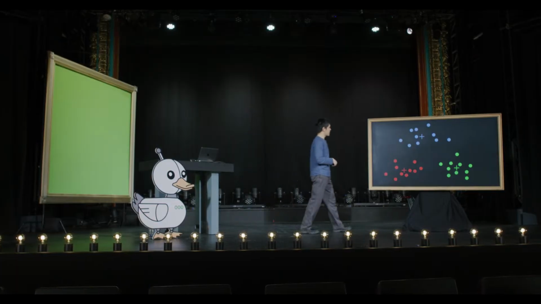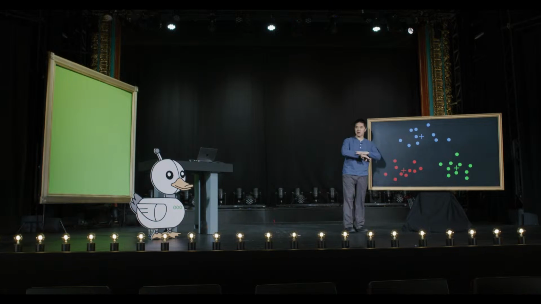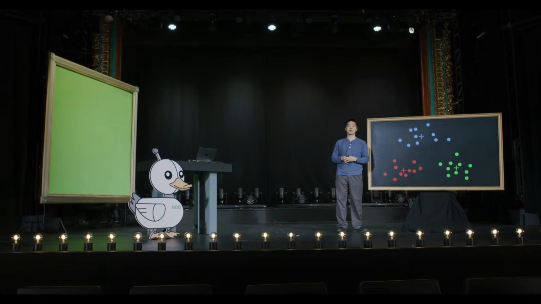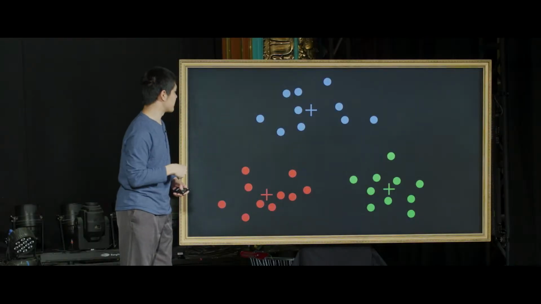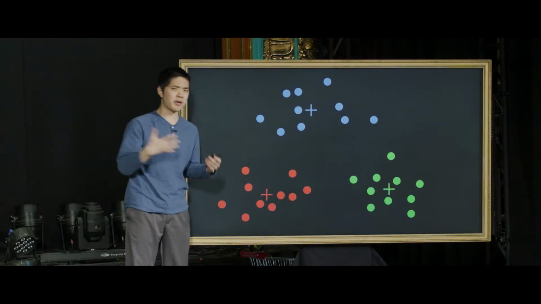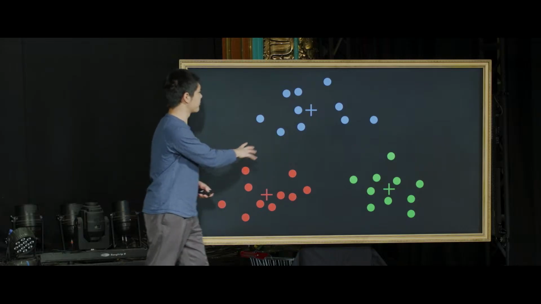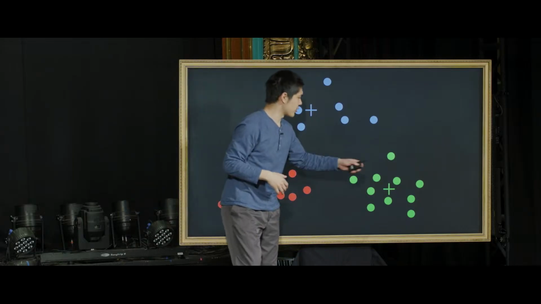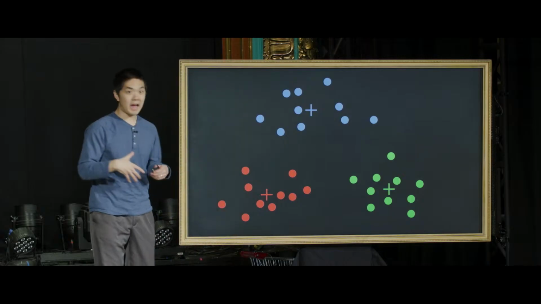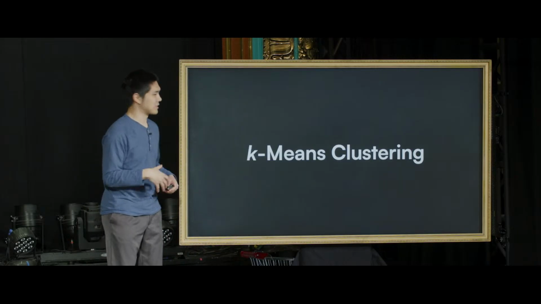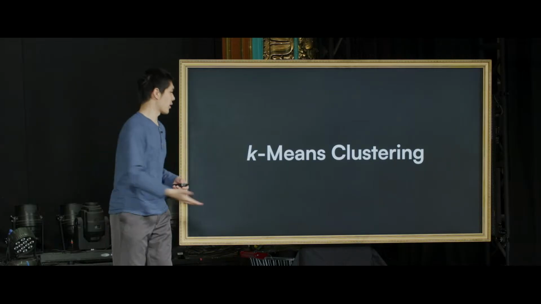And it does now seem that what this algorithm has arrived at, by starting with just completely random decisions for where we wanted the clusters to be, we now have 3 clusters that seem to be about right. They sort of match our intuition. For we have one cluster over here, a second cluster here, and then a third cluster over there in the lower right. And so this algorithm that we've just followed is called k-means clustering,